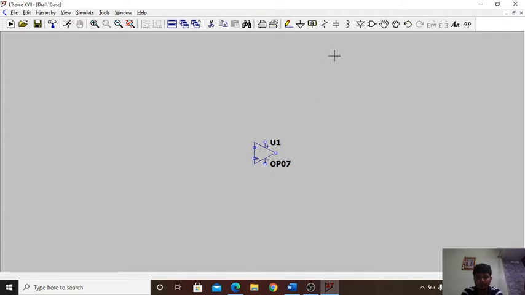Now we need resistors in the circuit, so click on the resistor option, press Ctrl R to rotate the component. I'll again press Ctrl R to rotate it. We also need a capacitor, so click on the capacitor option, press Ctrl R to rotate, and similarly place it over here.